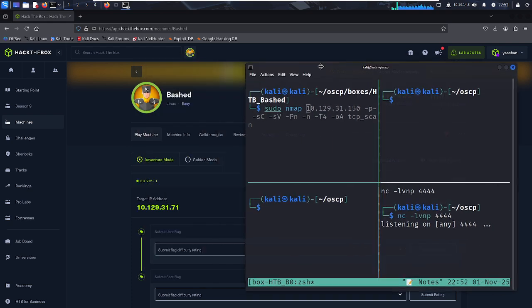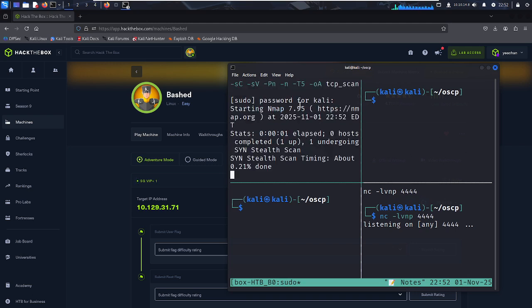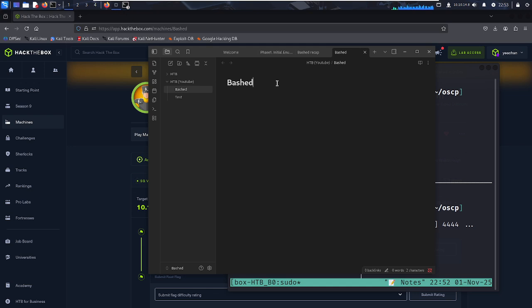Just type this. So I've just run the sudo nmap command and